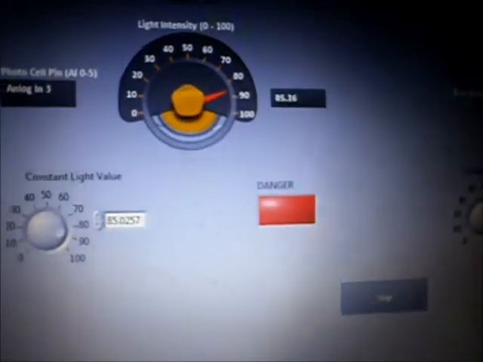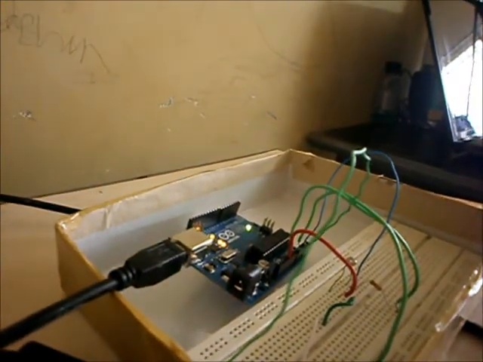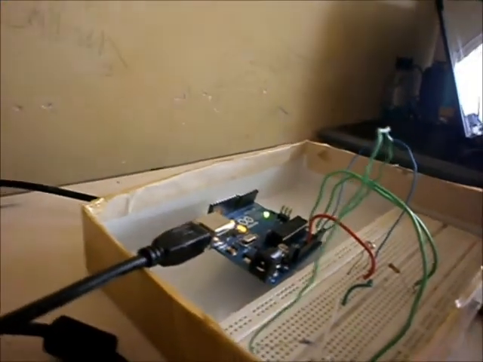So my current value will increase, and if more light falls, the current value increases. I can see my danger LED, which was previously off, is now on. So this again tells me that there is some problem over it. I need to rectify it. There's also an alarm working. I don't think you will be able to hear the beep of it. But yes, this is the system we are working on.